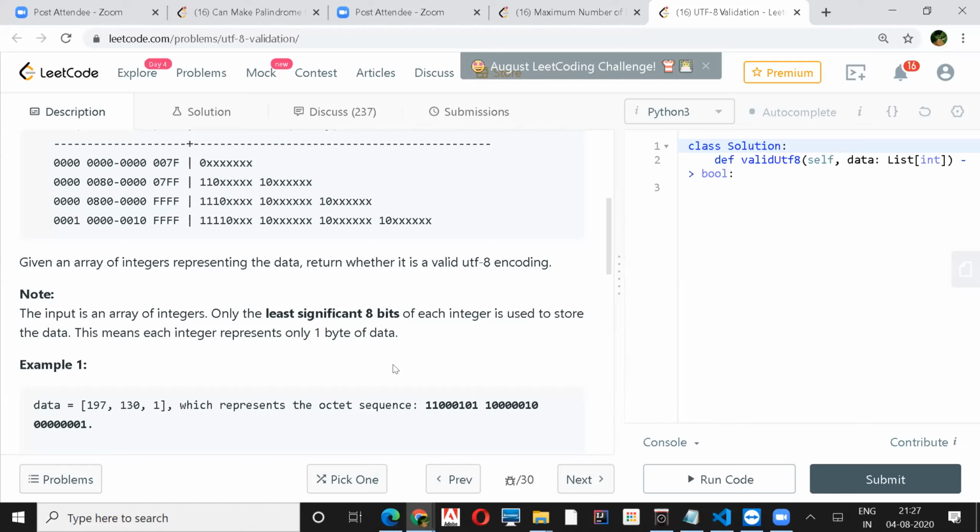So generally, how would we convert an integer to binary? We divide the number by 2 and take all the remainders, right? Yeah. So that too we get from the MSB side, not from the LSB side. So if I'm converting this 197 to binary, we don't need to convert the whole 197 to binary. We just need to convert until we get consecutive ones and the first 0. When we get a 0 remainder, we stop converting it and we can get the nth bit. Then we can move on to the next number in the list.